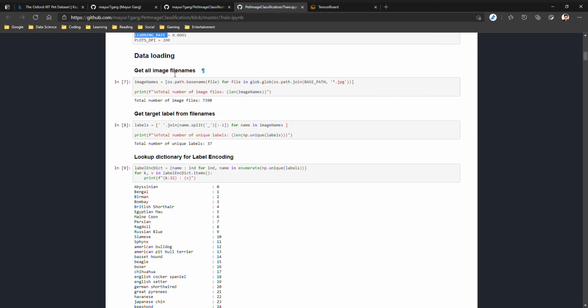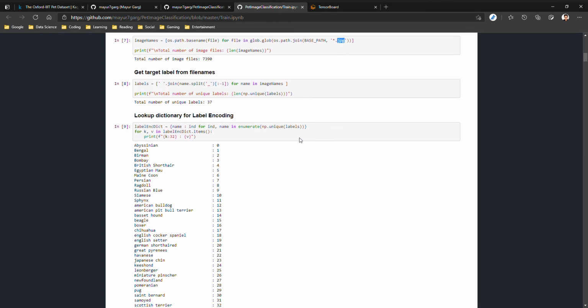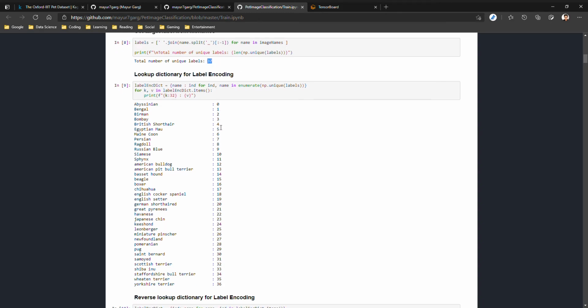Firstly, we load all the image file names into this image names variable. We can see that there are 7,390 images of type JPG. Then for each of the image file names, we extract the labels from the file name itself and store them into this labels array. We see that there are 37 different labels.